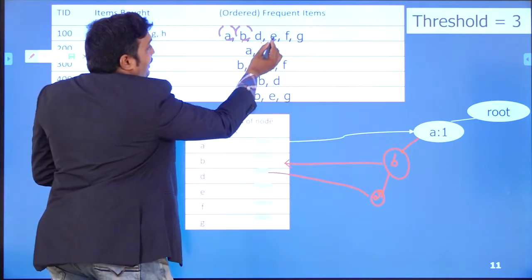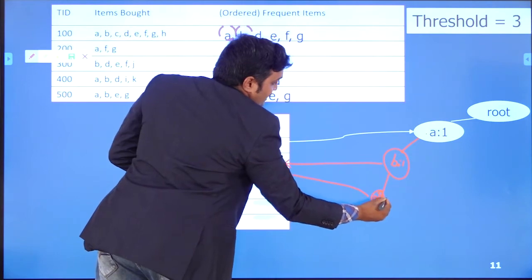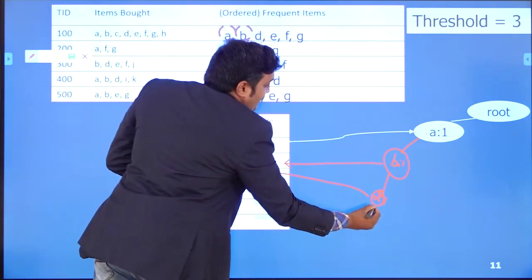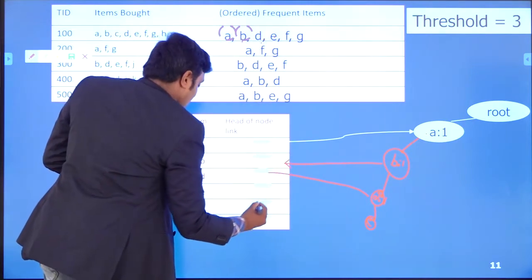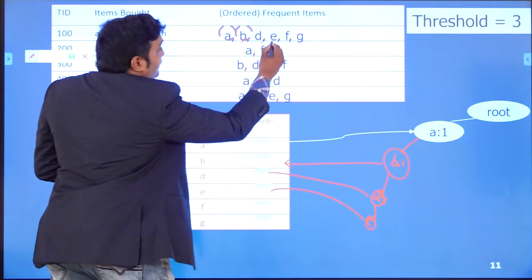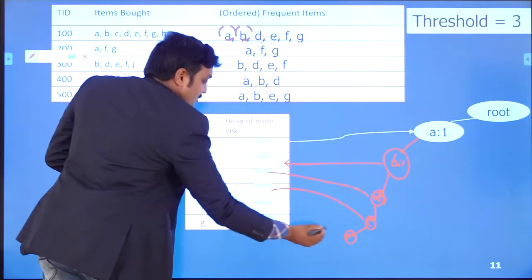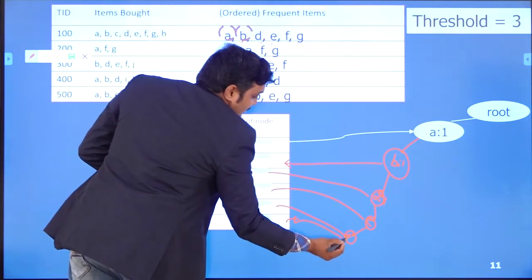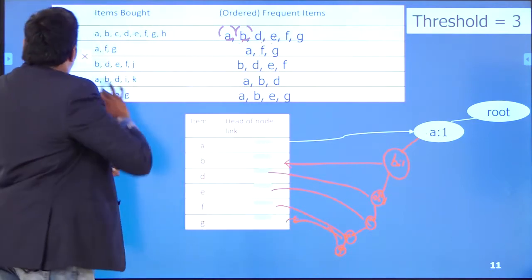Then A, B, D, E in sequence. Here the count is 1, that means one time counting. Then A, B, D, E, the second E on the left side, linking. After that F on the left side, link. Then G.